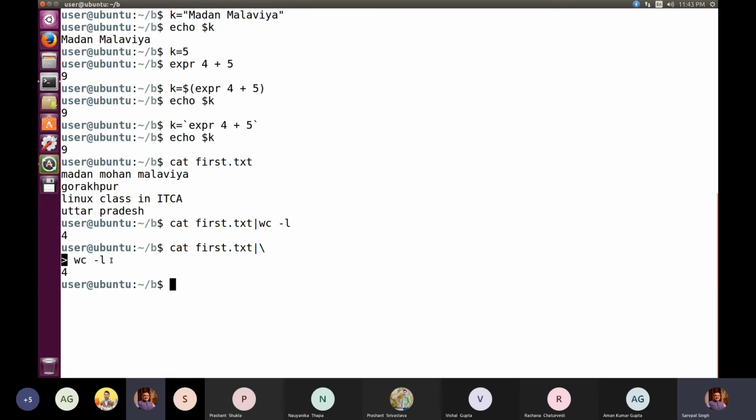So if you wish to revert the usual meaning of that enter key for the shell, you have to write backslash before that. So that backslash is reverting the meaning of that enter key, and it makes it simply an enter key moving the cursor to the next line. ठीक है, एक simple बना देता है उसको. So because of that only, it becomes possible that we can move to the next line and we can continue with the sequence of the same commands. ठीक है, उसको हम we can complete that command sequence.